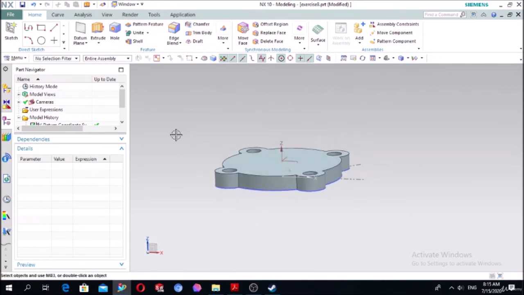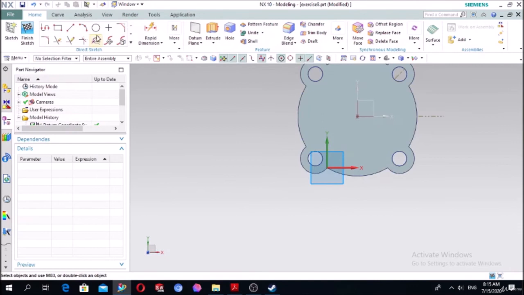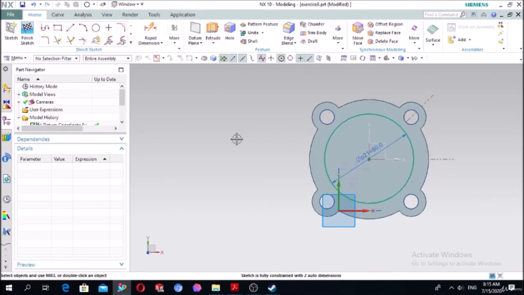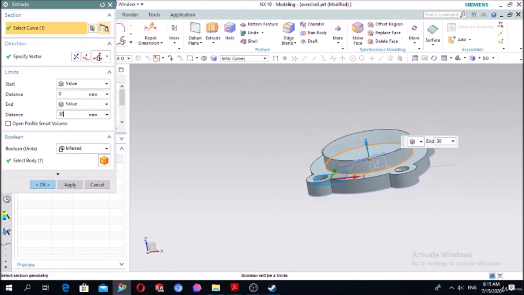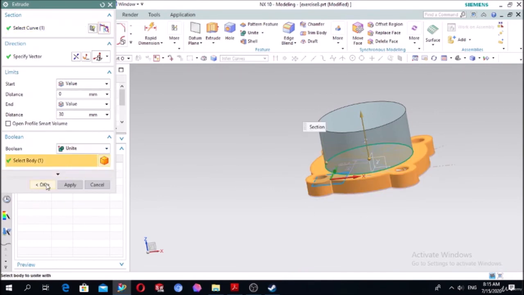Let's draw other circles in order to make the cylinders. So press sketch, press this face, and press OK. Draw the circles in the center here of this line, and the diameter of this circle is 60 millimeter, and extrude it on the length of 30 millimeter. Here in the balloon, make it unite with the base, press OK,